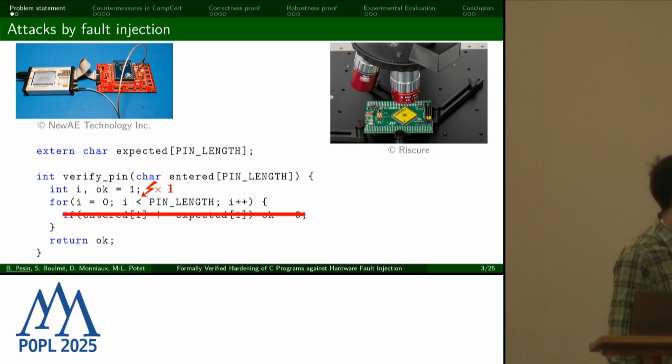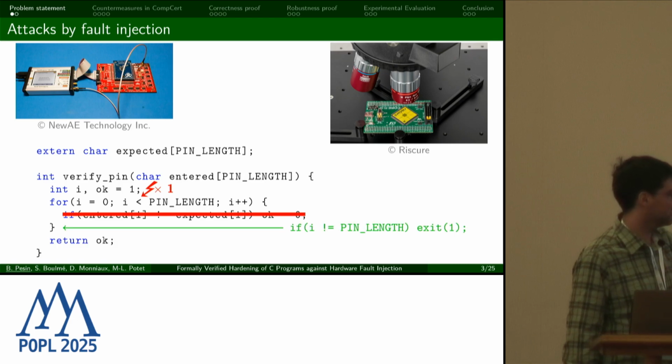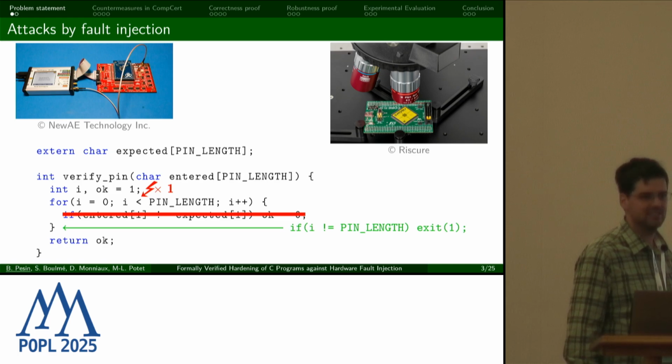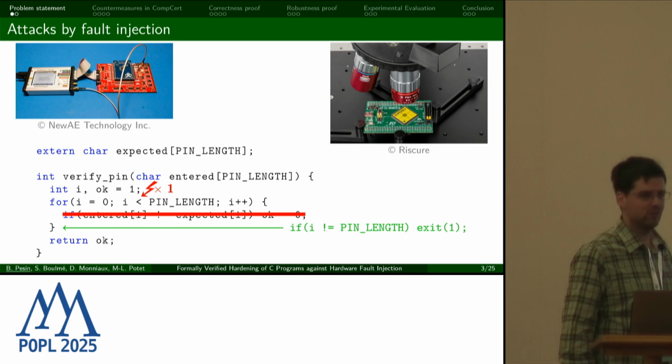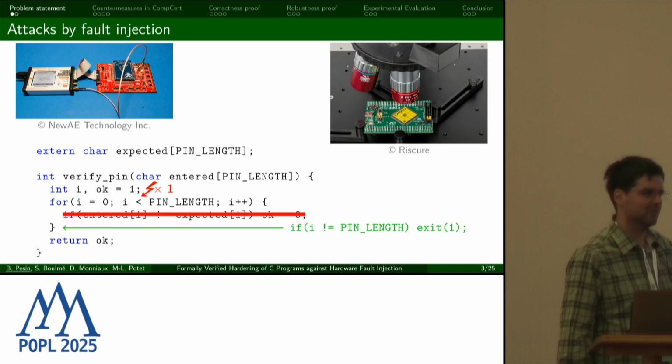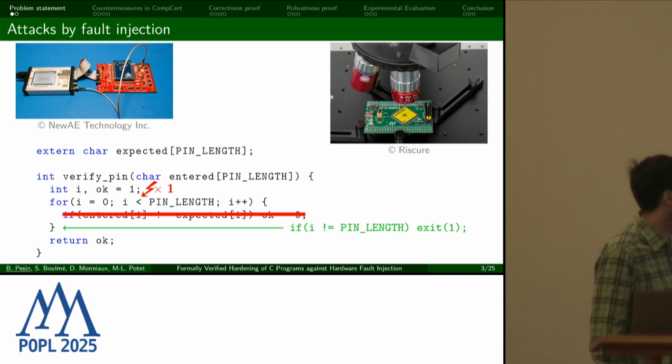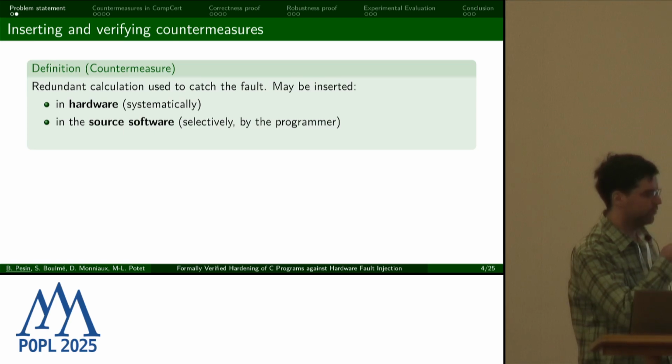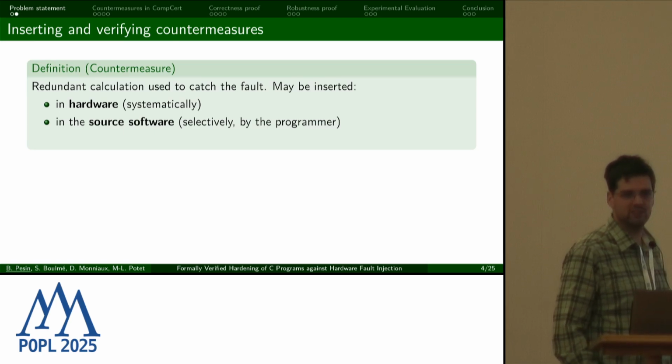So of course, for this example, there's a really simple protection against this particular attack. You could just add the test at the very end here that checks that the value of i at the end is indeed equal to pin length. And if it is not, it means something fishy happened during the execution of the loop, and you can exit maybe with an error message. Okay, so adding this piece of code here at the end, it's what is called